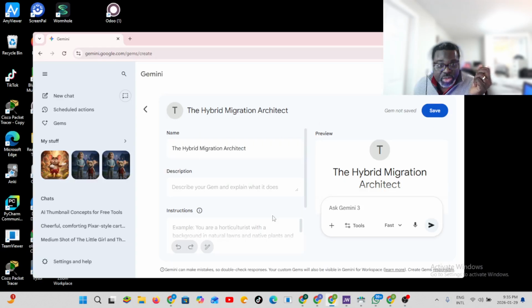Okay, so this is how to make a Google Gem, custom gem. I'm going to make three custom gems. The first one is the hybrid migration architect. So this will be the one to check